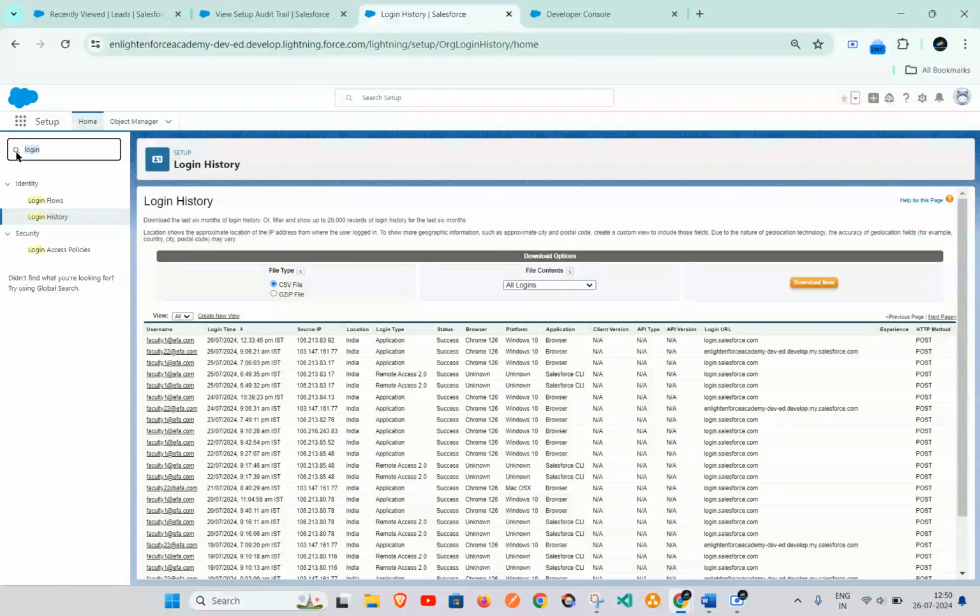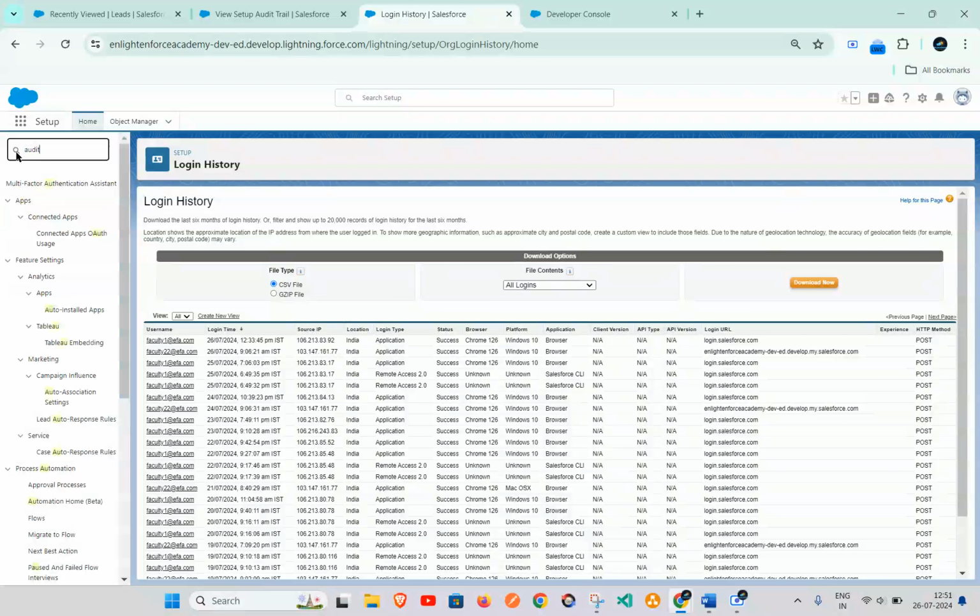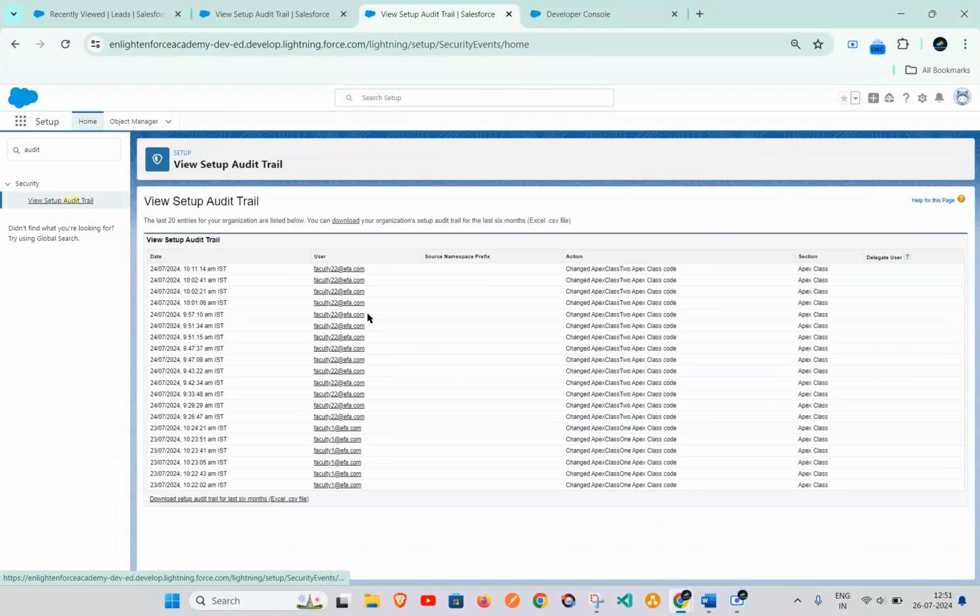Then we have something called audit trail. Some of the things are stored here in the setup audit trail. Suppose somebody changed something on a class, or on some component, or made some configuration changes, make sure you analyze what all changes you are able to see here. It will store up to the last 6 months of data, and you can download it from here. It will show which user logged in and what activity he has done. There are still limited things, but sometimes it is helpful, if in production you are not able to analyze that someone did something wrong with the configuration. If someone does something wrong with the record,